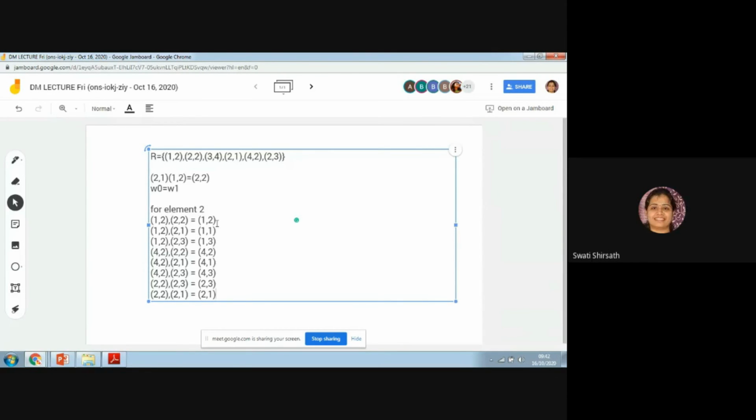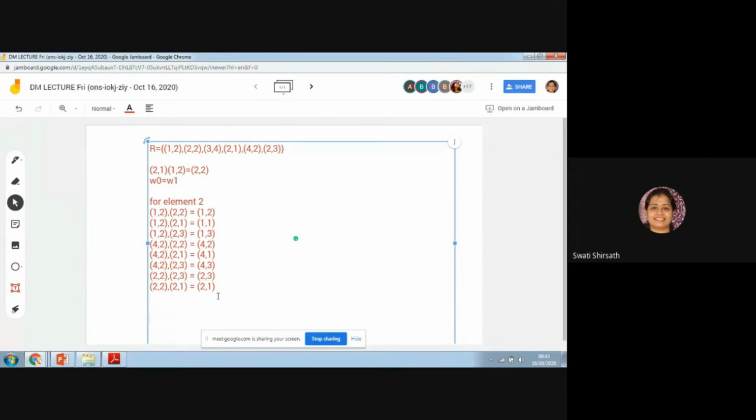Yes. And if it is not there, now you'll make changes in W1. But then W1 is equal to W0, so ultimately you're making changes in W0. But when you're writing W2, you'll be writing it separately after writing these pairs. So here after this you'll write W2. We have 1, 2, but we don't have 1, 1, so you will add 1, 1. Then 1, 3 is not there, you will add 1, 3. Then 4, 2 is there. 4, 1 is not there, you will add 4, 1. 4, 3 is not there, you will add 4, 3. 2, 3 is there and 2, 1 is there. So these many pairs you are going to write in your new matrix, that is W2.